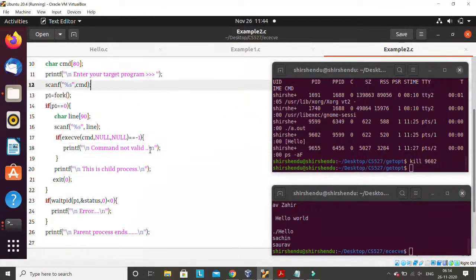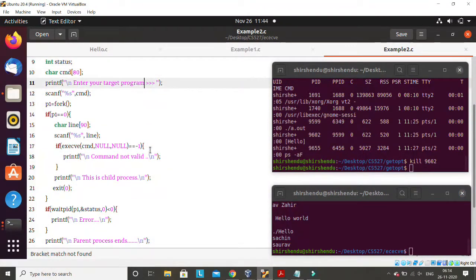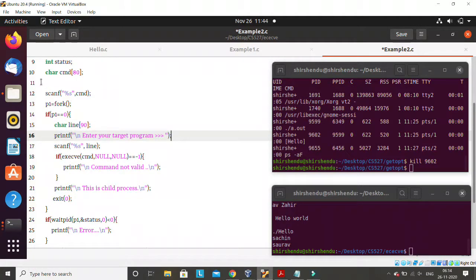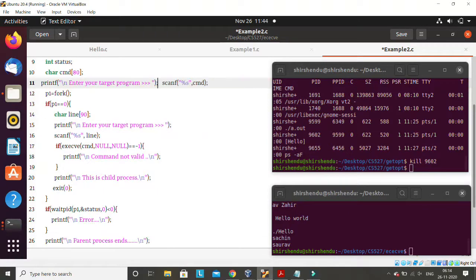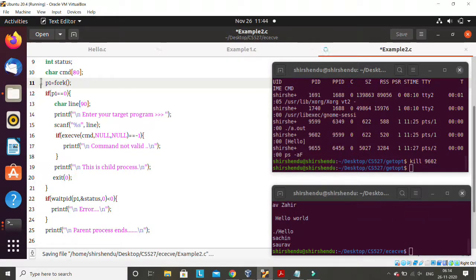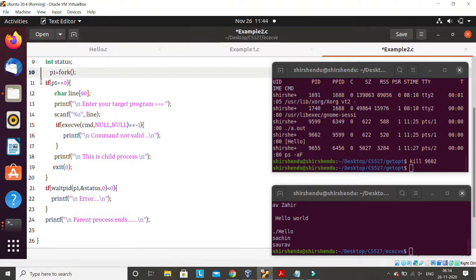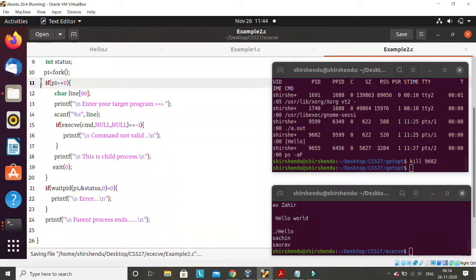For this, I'll slightly change this program. It will be almost the same, and it is also possible to work without changing, but just for clarity I am doing some small modification. See, the command is not required at the parent now. So the parent will just create one child, and entering the command and everything is handled by the child.